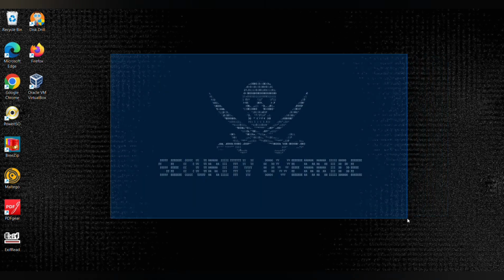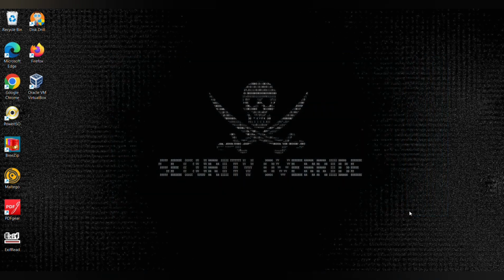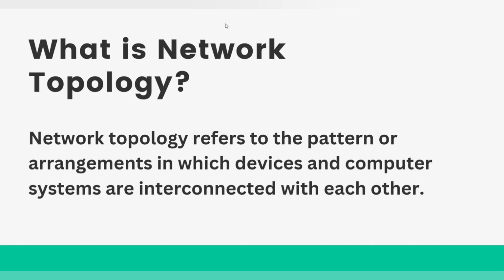So this video is based on topology. Topology refers to the physical or logical layout of a computer network. It defines how devices and nodes in a network are connected and how data is transmitted between them. There are several types of network topologies, each with its own advantages and disadvantages. In simple words, network topology refers to the pattern or arrangements in which devices and computer systems are interconnected with